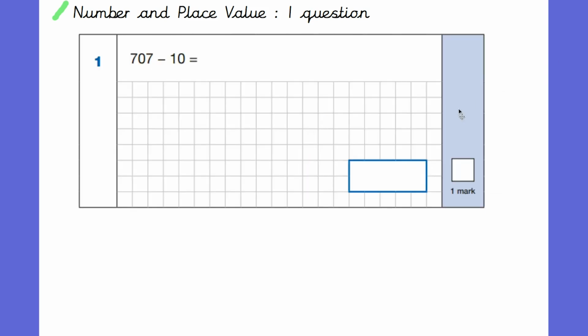But in the arithmetic test, there was only 1 question, and it was question number 1. Also, something to look at is this type of question, which has a 3-digit number, is from the year 3 curriculum. So this is a year 3 curriculum question, and it was 707 take away 10. So for this question, I would give the children a number of different options, but they could count back from 707, and that would be something they could do in their head. And if you do 707 and you take away 10, you're going to get